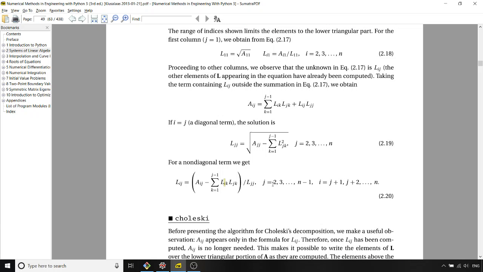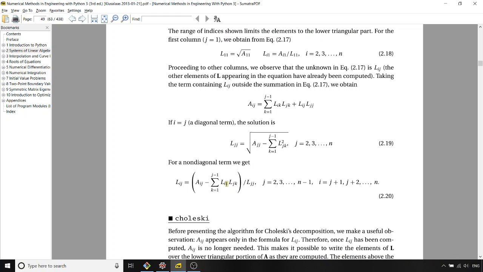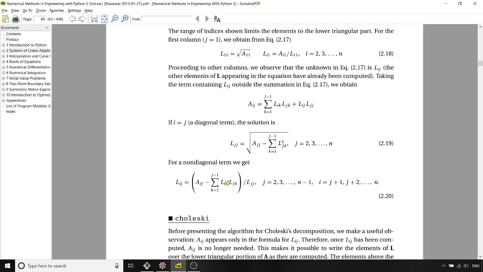It's a symmetric matrix, so the transpose will be the same. So this is this column, but however it's this row here. Since it's symmetric, it doesn't matter whether we use the column or row index here, and the elements up to j, or in this case k, right? And we multiply them, divide, subtract a from a,